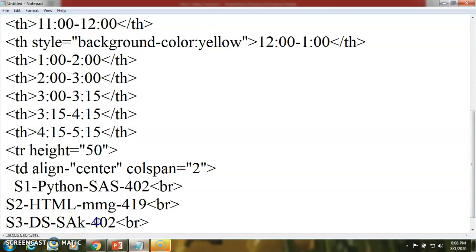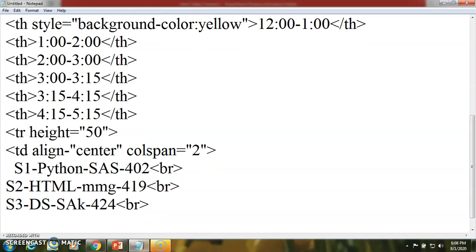So this is the name of the staff. So here all the 4 subjects are going to be added in a single cell.